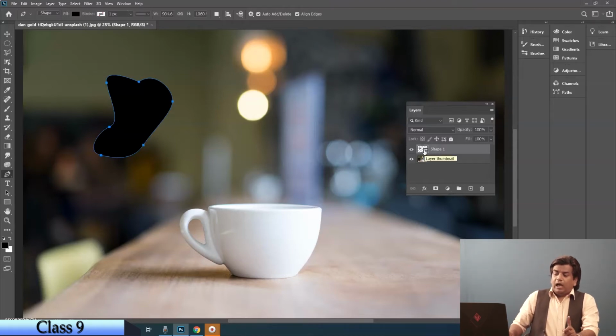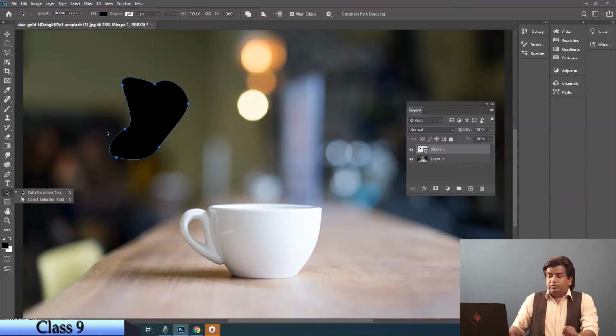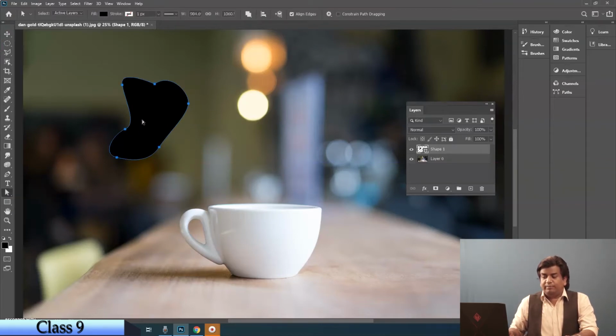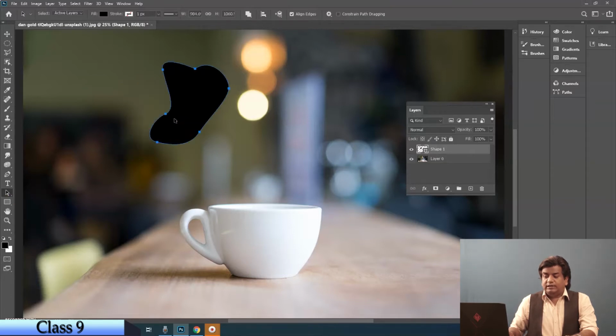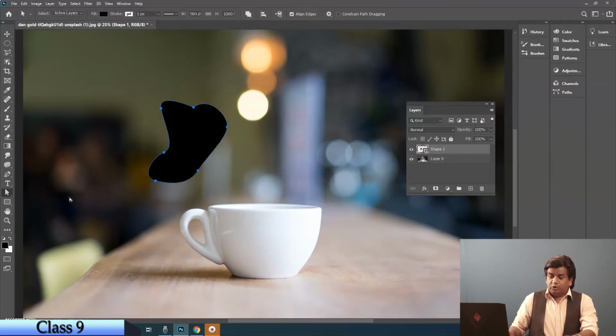Now we use the path selection tool and the direct selection tool to move your object and your anchor points. The direct selection tool will help you select an individual anchor point and move it. It also has tangent handles, which you can use to give proper shape to your object.